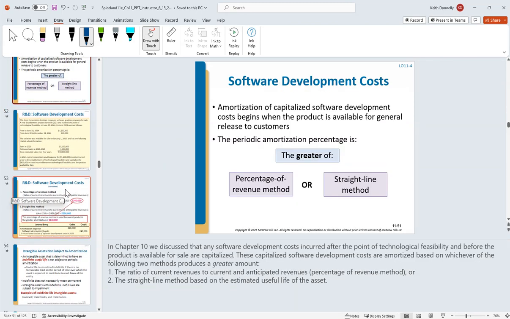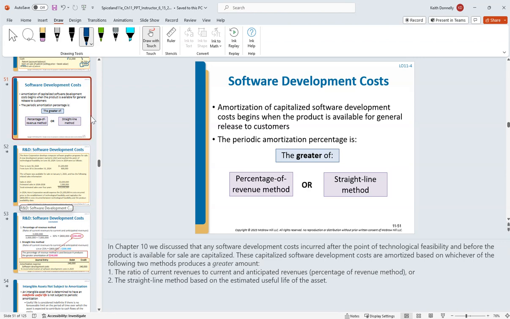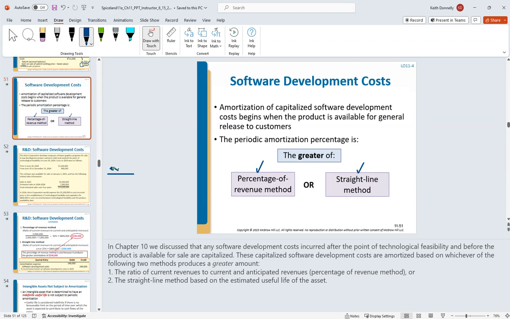Finally, a couple other things on here. So software development costs. So amortization of capitalized software development costs begins when the product is available for general release to the customers. The periodic amortization is the greater of percentage of revenue method or straight line method. So we talked about software development costs, right? We said you're going to expense until you hit